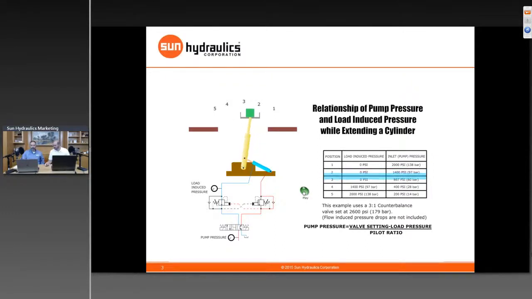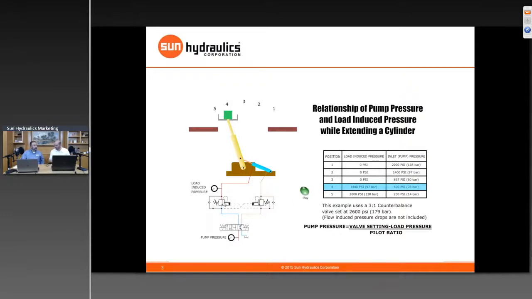And as we cycle through, you'll see that once we go past center, our pressure lines change, and now all of a sudden that counterbalance is in effect. We build up load pressure. The pressure required to move the application or to move the actuator drops down significantly because now load pressure is working in our favor. So if we wanted to save some energy here, we could just replace this counterbalance valve